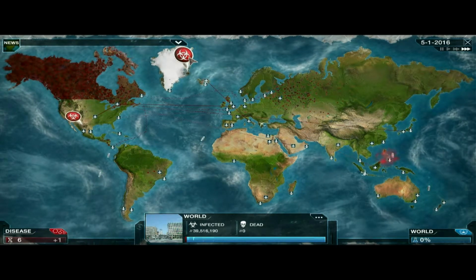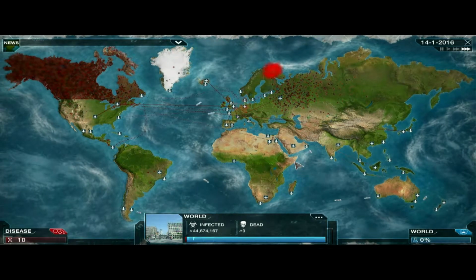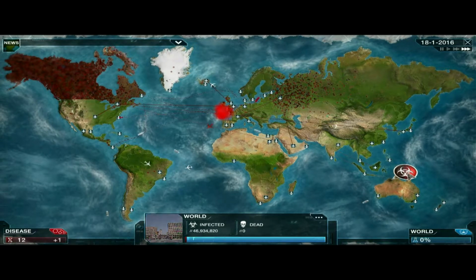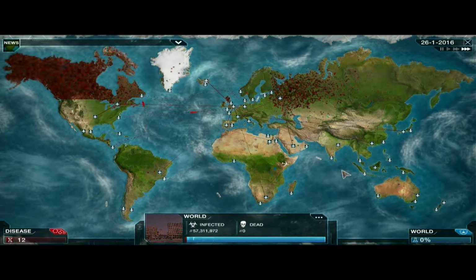Hey, we made it into Greenland. That's awesome. That's off the list early. Now if we could get into like Madagascar and New Zealand, that would be great. But yeah,